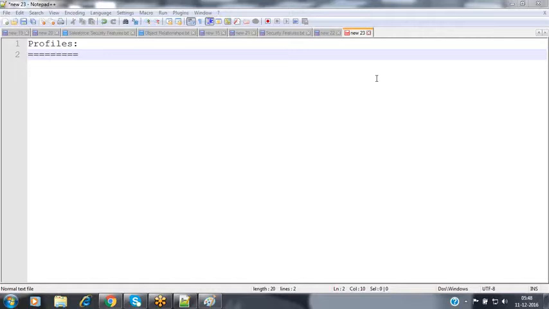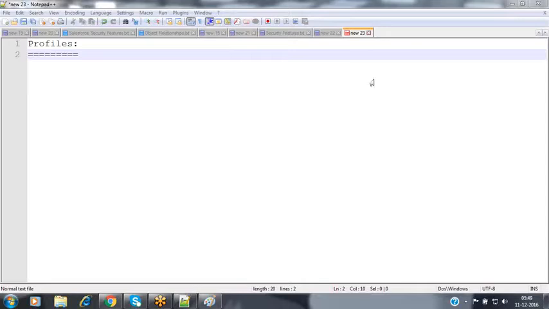The profile decides what operations the user can perform inside my Salesforce application. In Salesforce we have so many features, and for every feature we can grant the visibility with the help of the profile itself.